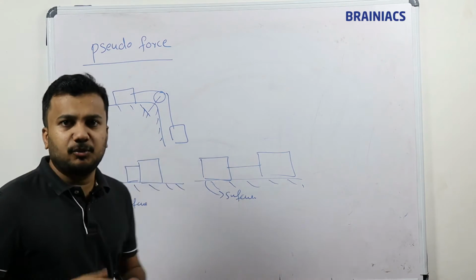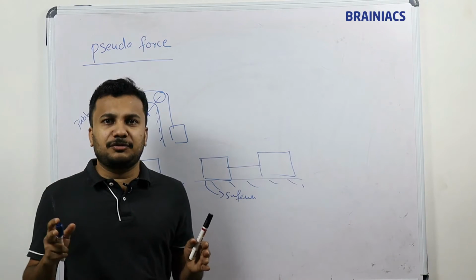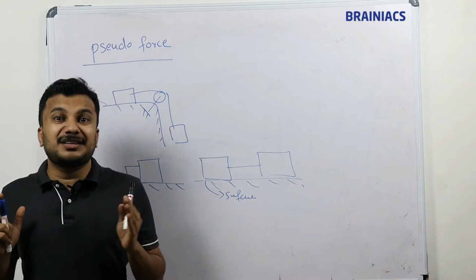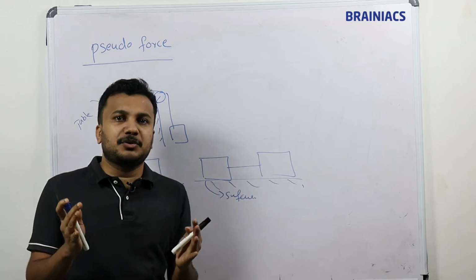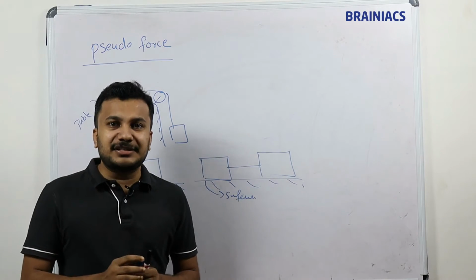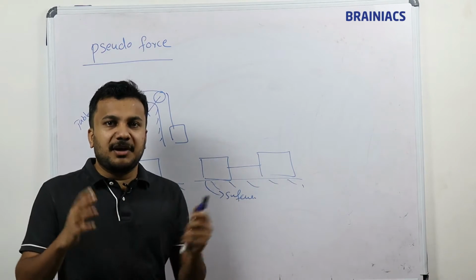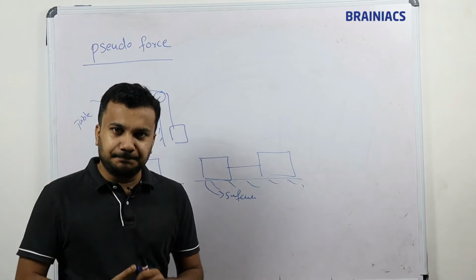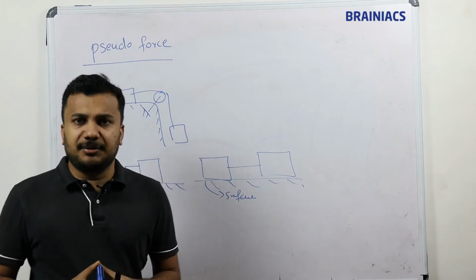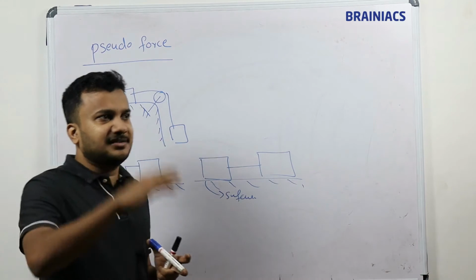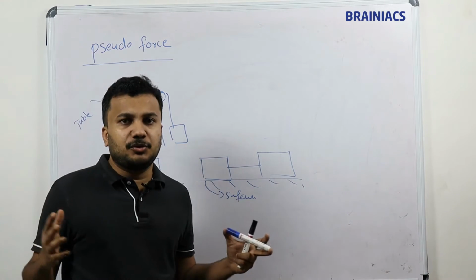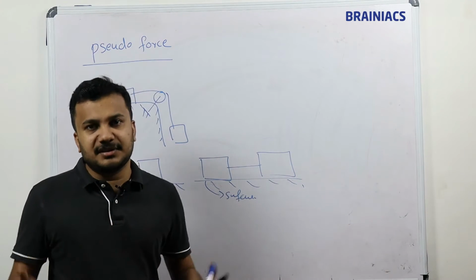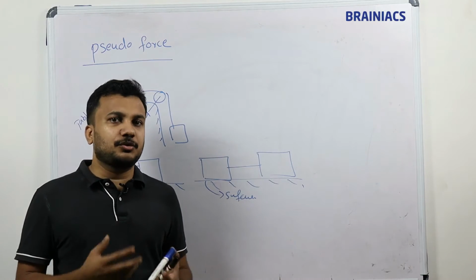Here we have applied Newton's law of motion. Which law? Newton's second law. What is Newton's second law? Total force is equal to ma. Sigma Fx equals ma, or sigma Fi equals ma. Whenever there is no acceleration in a particular direction, total force is equal to 0. Whenever there is acceleration, total force equals ma.